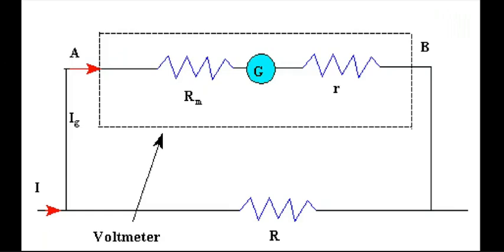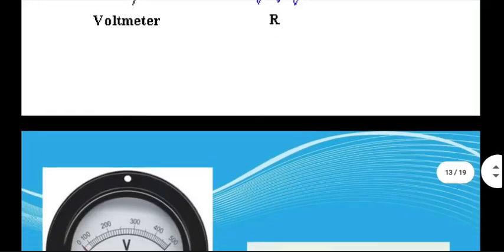Okay, and you will ensure that RM is high enough that even for the maximum possible voltage that you can expect, the value of IG will never exceed 100 microamperes. And once you have ensured that, it is a matter of figuring out the relationship between the current going in the galvanometer and the voltage that you would like to measure, which is the voltage between A and B. This is a very easy calculation. I'll show you an example later.